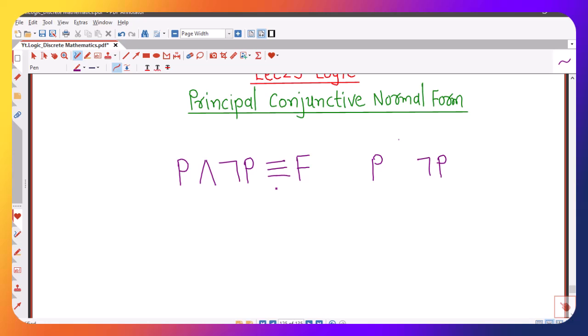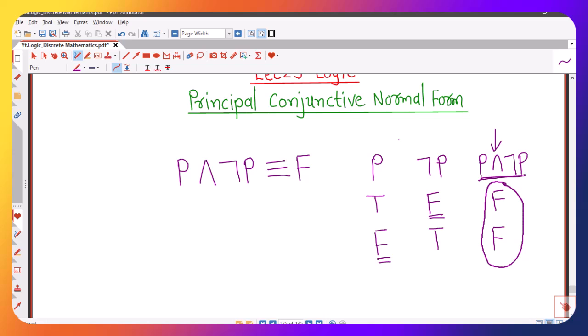Suppose I consider truth table for p and negation p. Because we have only one variable, there are two possible truth values t and f, and for negation p we will have f and t. And because we are using conjunction of p and negation p, this is going to be true if and only if both are true, otherwise it is false. So here negation p is false, therefore this is false. Here p is false, therefore this is false. This means p and negation p is always false,